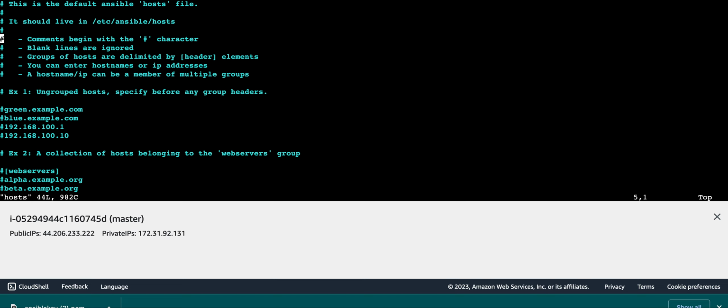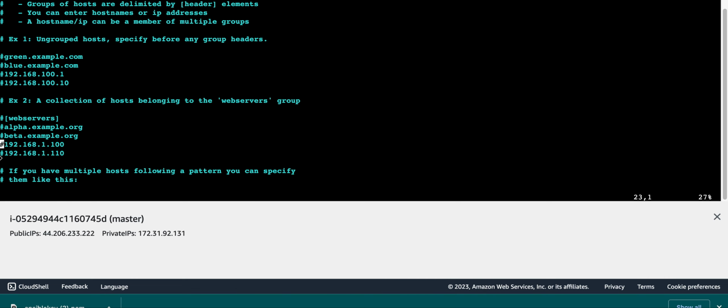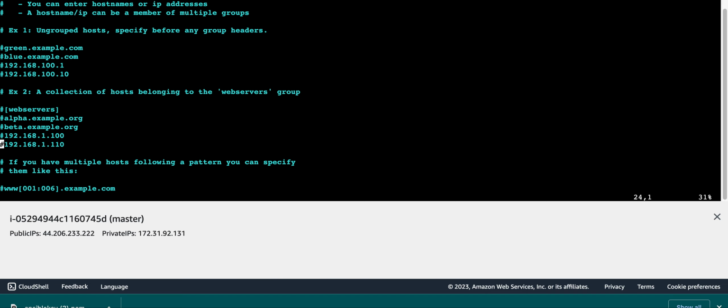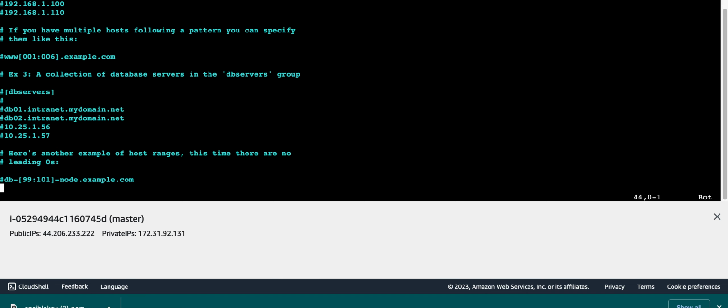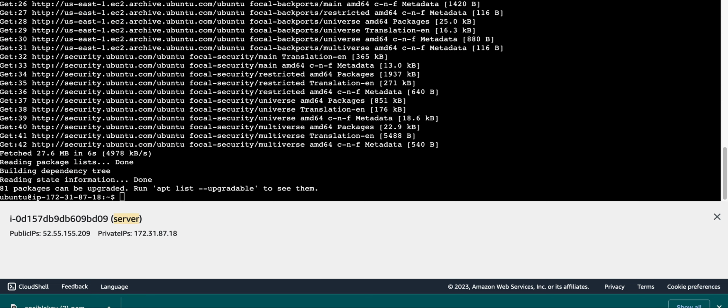Then I will open the hosts file, and you will see how the hosts are defined. Hosts are defined in two different ways: either as grouped hosts, or as a collection of hosts. You define, let's say, webserver, and then you give the DNS name or the IP address and all that. Similarly, in our case, we will define one IP group, or you can say an IP. Anything you can define under one configuration file, which is the hosts file. So I have defined webserver, and here I will add the details of